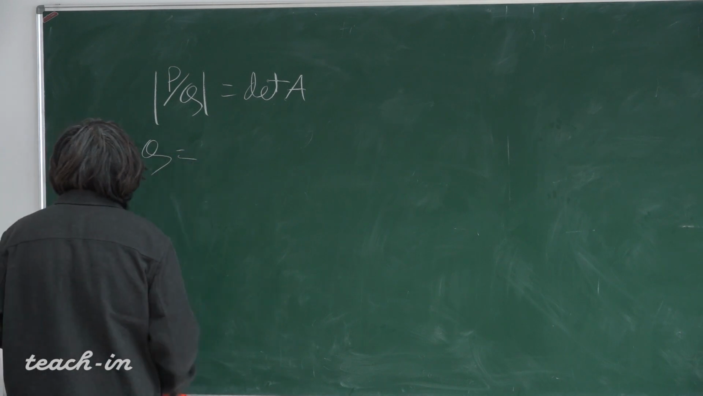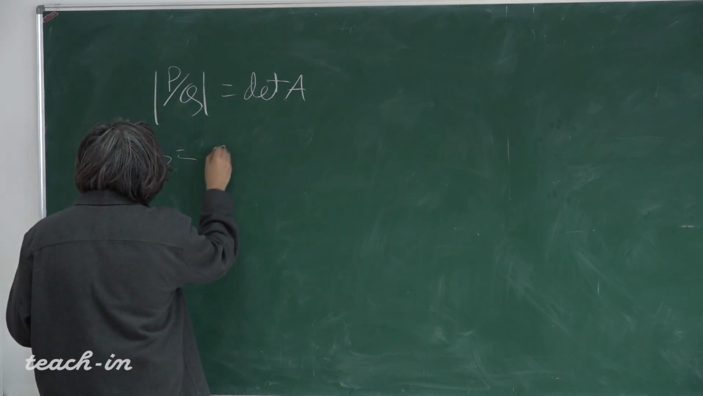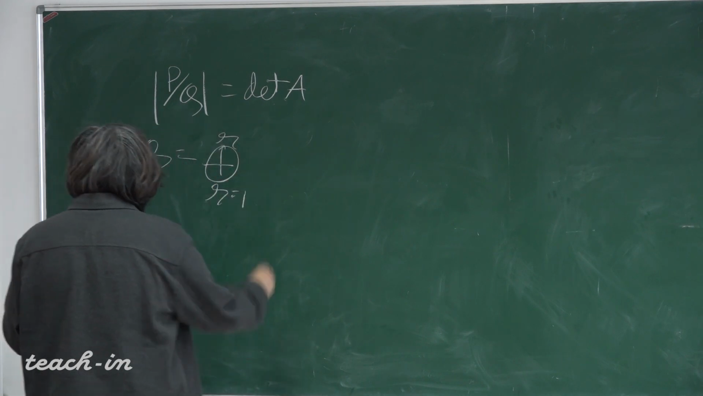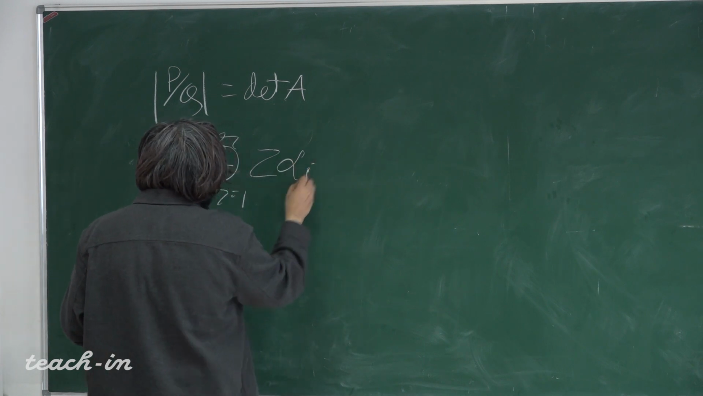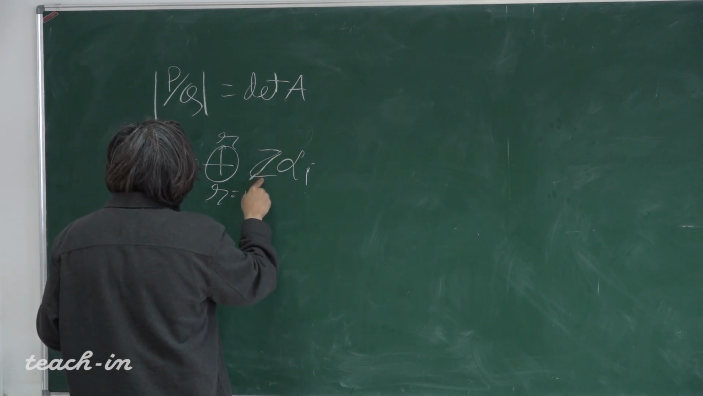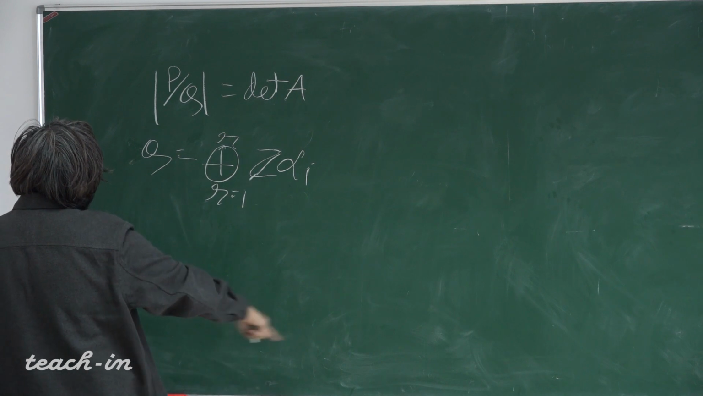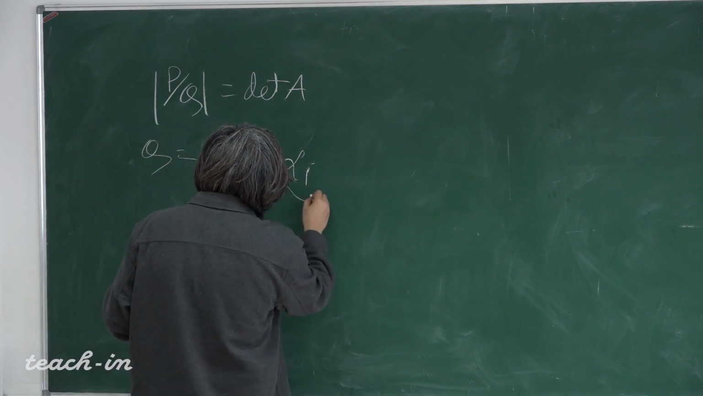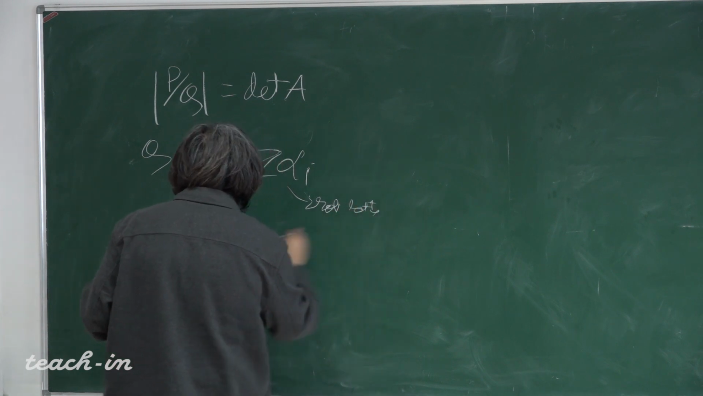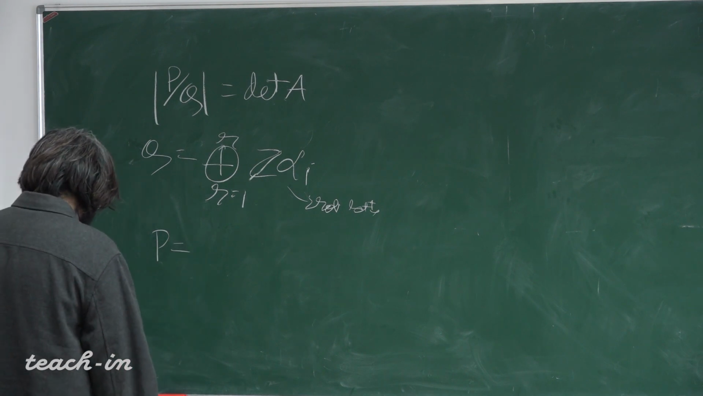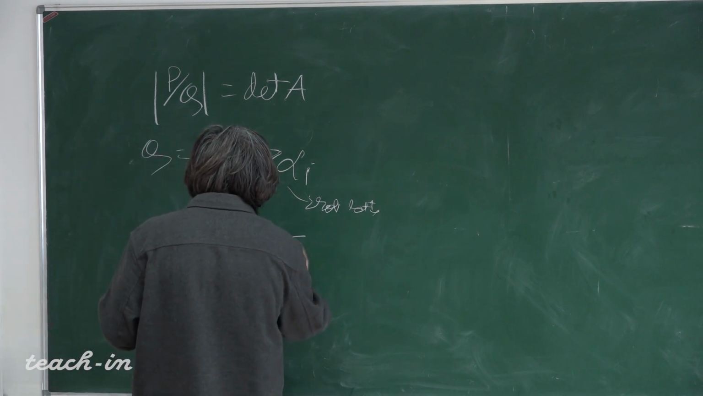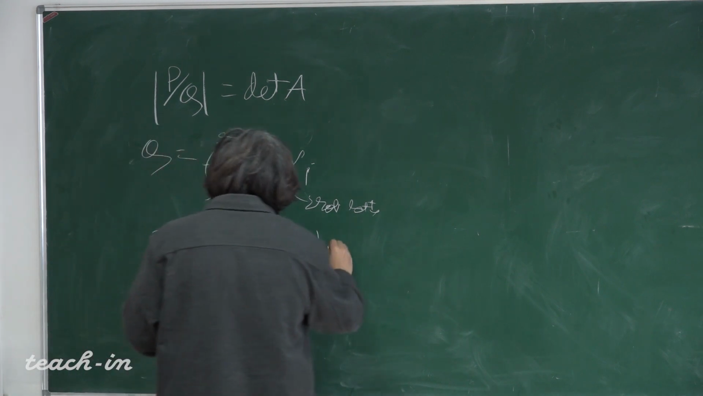Q is the set of sums where alpha i are simple roots, and the coefficients are integers. So this is called a root lattice, and P is all such lambda belonging to our Euclidean space such that